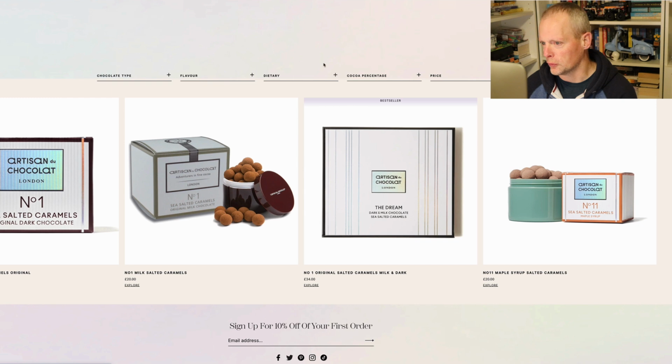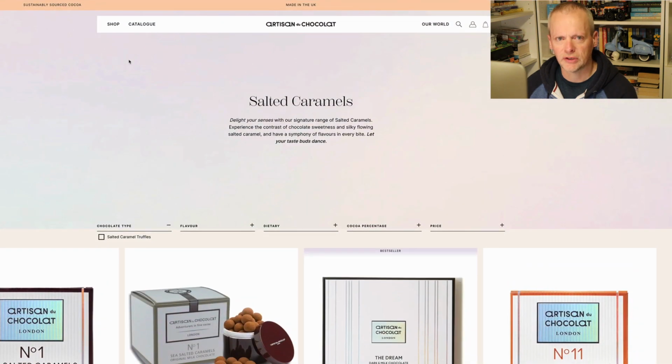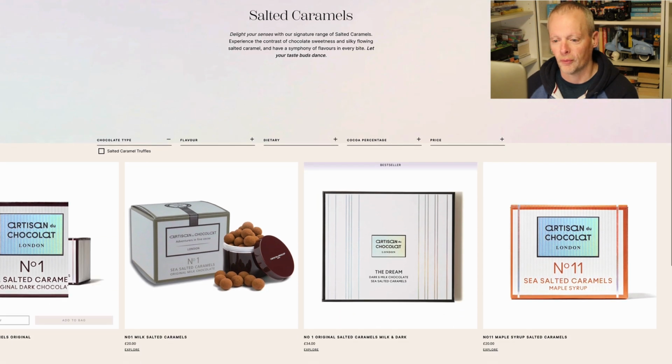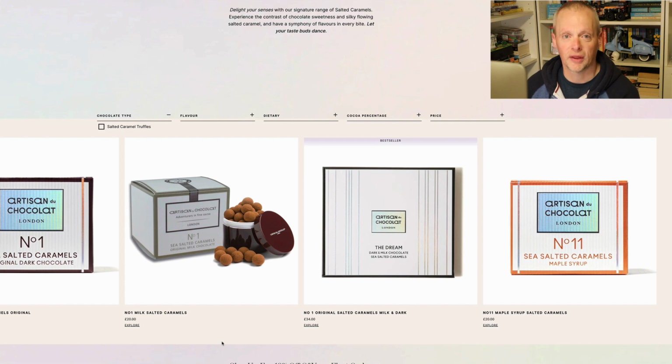and they are all truffles, and the chocolate type filter is salted caramel truffles, but the page is called salted caramels. Now maybe it's an industry thing, but if this were me, these would be salted caramel truffles as the category, and that's the keyword I'd want to rank for. And on the basis these are all salted caramel truffles, that would make sense as the ranking query for this page. You know, that is an easy fix, so something an SEO would get straight on with and would have